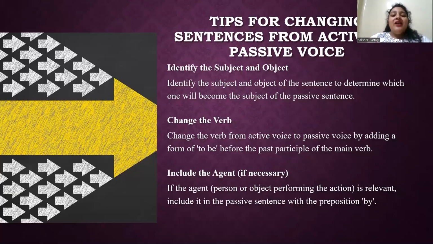You have to practice and convert various sentence types, including simple, compound, and complex sentences. You have to practice with different verb types such as transitive, intransitive, and linking verbs. Additionally, use passive voice strategically, which means reserve passive voice for situations where the doer of the action is unknown, unimportant, or emphasized less than the action's recipients.